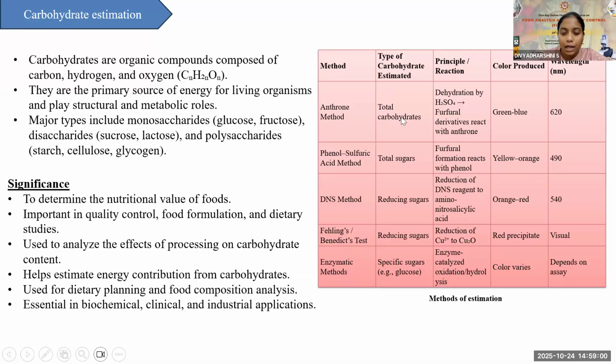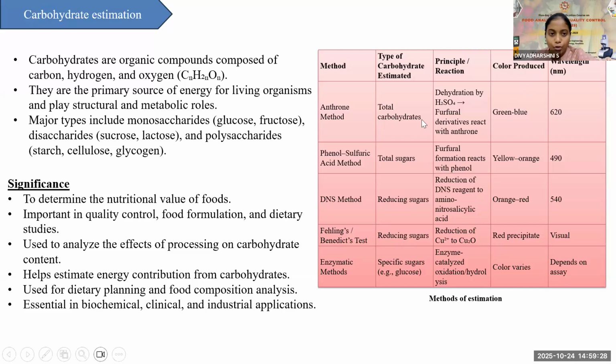There are different types of carbohydrate estimated. In the anthrone method, we estimate the total carbohydrate. In the phenol sulfuric method, we estimate the total sugars. Same for the DNS and Fehling's Benedict test, we estimate the reducing sugar. And specific sugars are also estimated using the enzymatic method. I will explain all the principles, but I will explain the total difference method and nitrogen free extract separately. So the principle here is